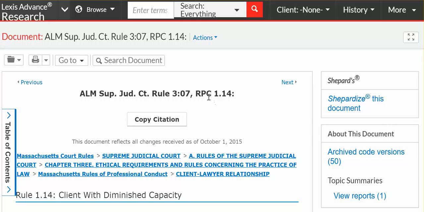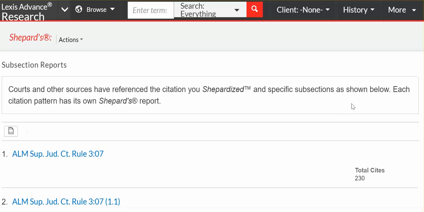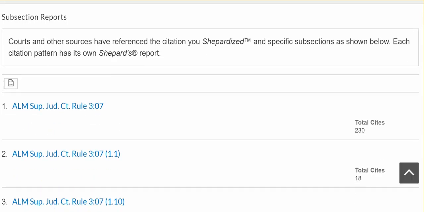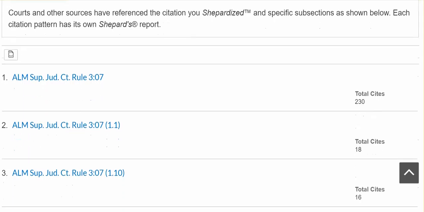See how this one is Rule 1.14? Well, that feature that can be really helpful where you can Shepardize by particular sections actually can be a little bit detrimental on Lexis. So we can Shepardize all of Rule 307, but then if we want to get to the particular section we're interested in, the particular rule, 1.14, we have to scroll down and everything's on the same